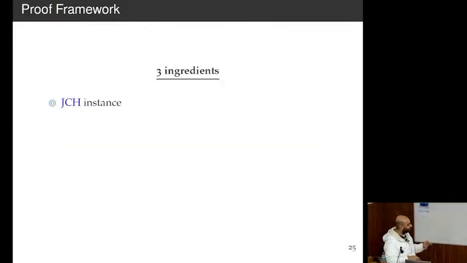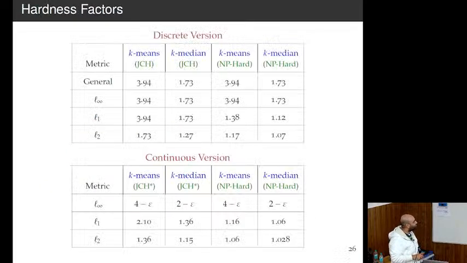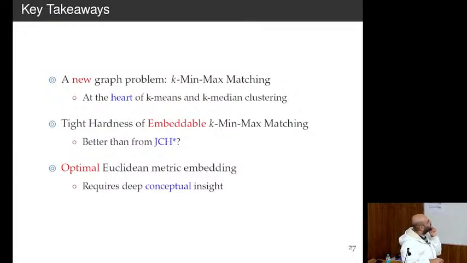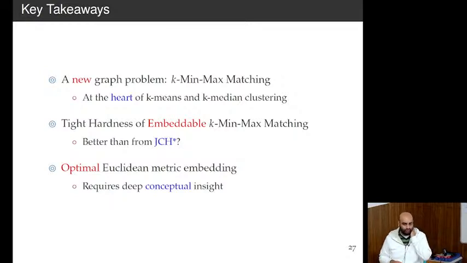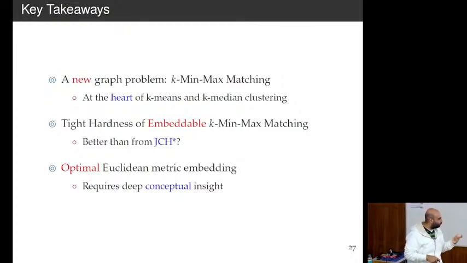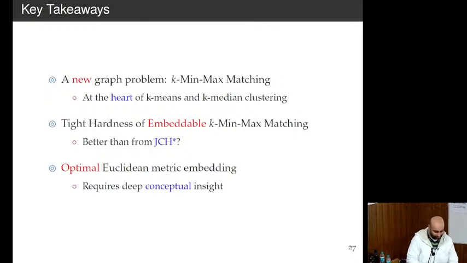There are a lot of technical things to go through. So what are the key takeaways? One, there's a new graph problem now. It's very well motivated and you can study it in all your favorite models and settings. Two, I still don't know how to study these things in terms of embeddability. And three, Euclidean metric is very deep. I don't know what the correct host graph to consider there is. Okay, thank you.